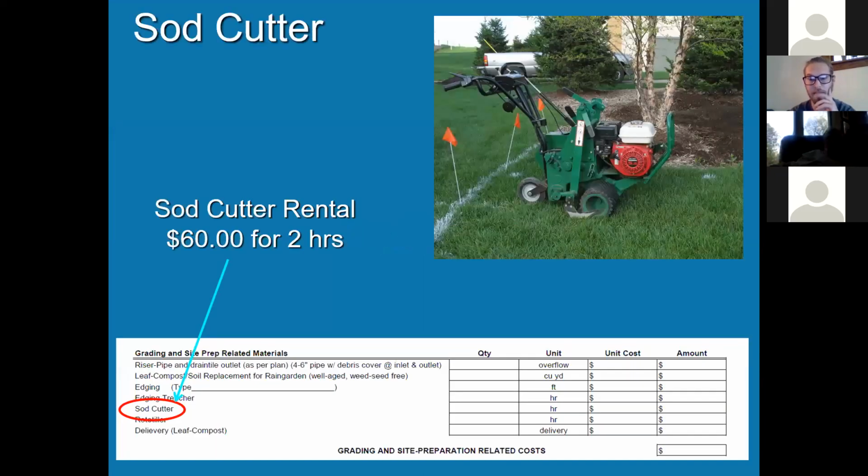Which brings me to the last segment here, equipment. There are a lot of contractors out there who are able to do this work and do it really well. But if you're interested in doing the work yourself, these are some of the tools to keep in mind and keep an eye out for at your local hardware store to help you make quicker work of some of the